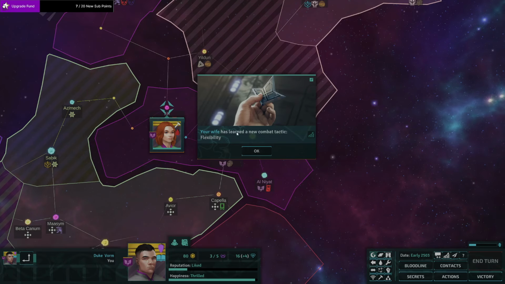Your wife has learned a new combat tactic, flexibility. An apprentice tactic. That first symbol is the type of tactic. Certain types of tactics hard counter other types of tactics. Plus 20% to damage dealt by interceptors. I think that's the interceptor. And then plus 10% damage taken by. So